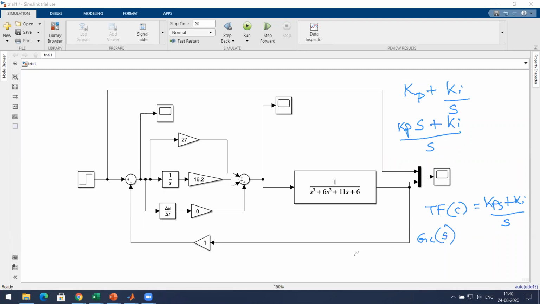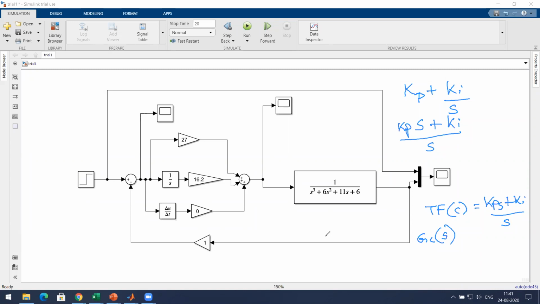Now, how many poles and how many zeros are there? Numerator gives zeros.